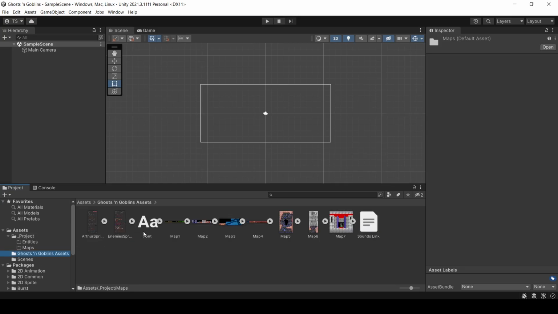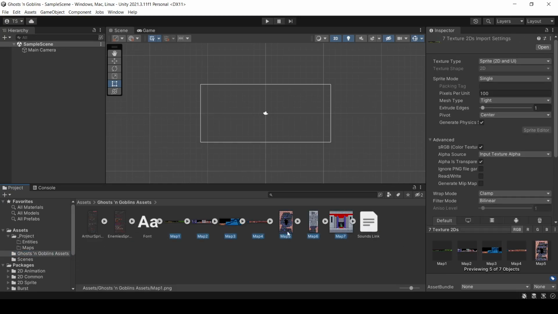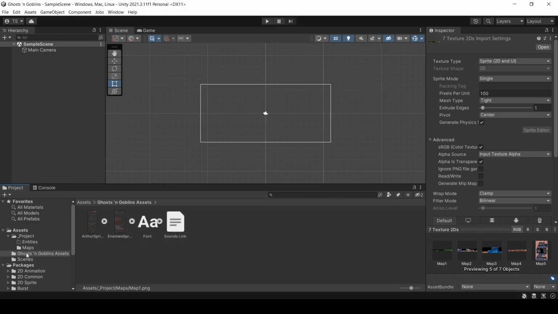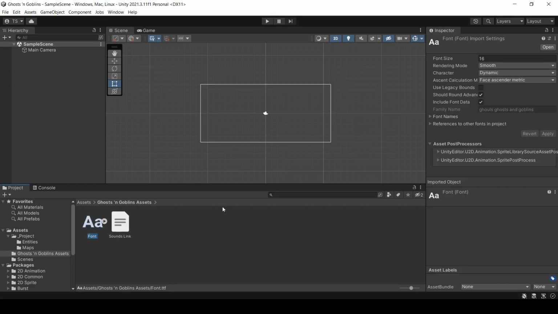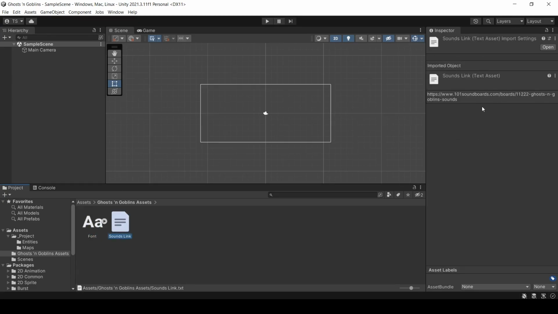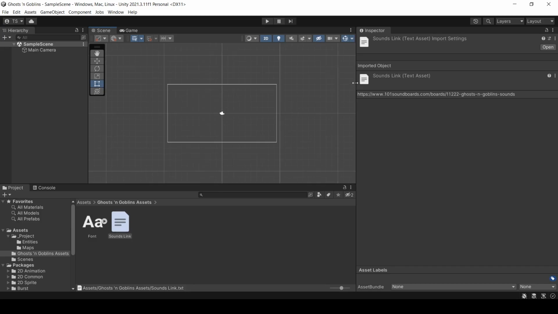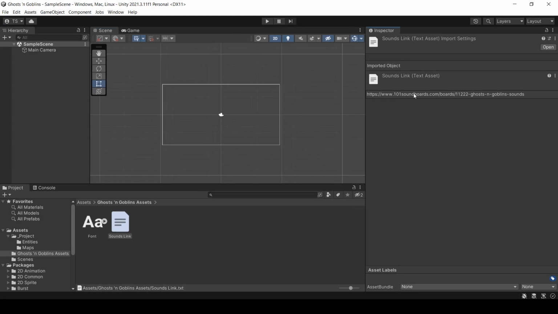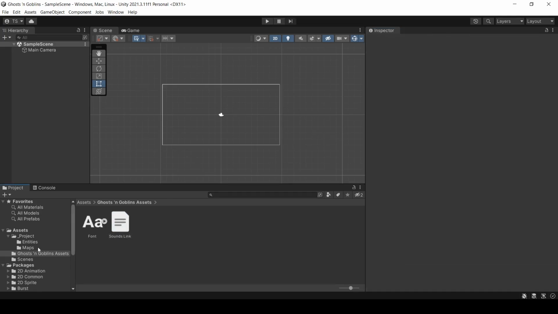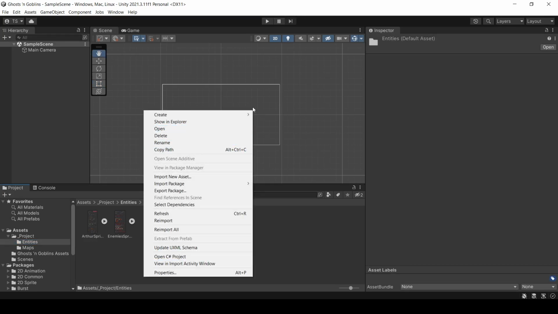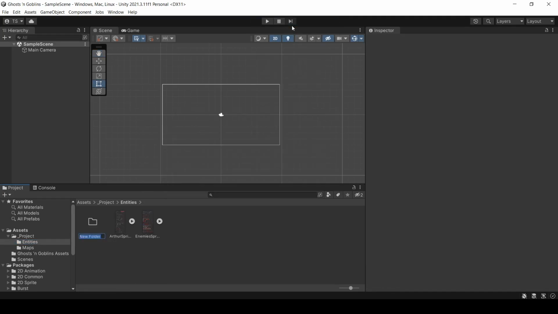Let's move all the maps to the maps folder. And the Arthur and enemies, let's move to the entities folder. And this is the font, the sound link. I'm not going to add any sounds for now, so I just added the link where the site contains all the game sounds. Okay, so here entities, I'll be adding the player,